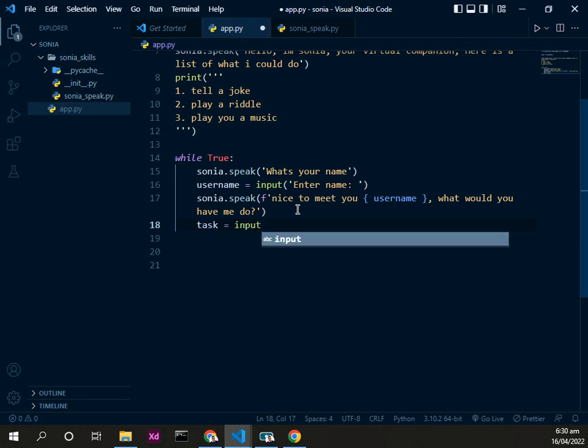Whatever we tell her to do will be the task. This is basically collecting the data for what we would want to do, taking the input from the user. But inside of the input, we want to still ask the user, what would you have me do for you, right? What would you have me do for you?